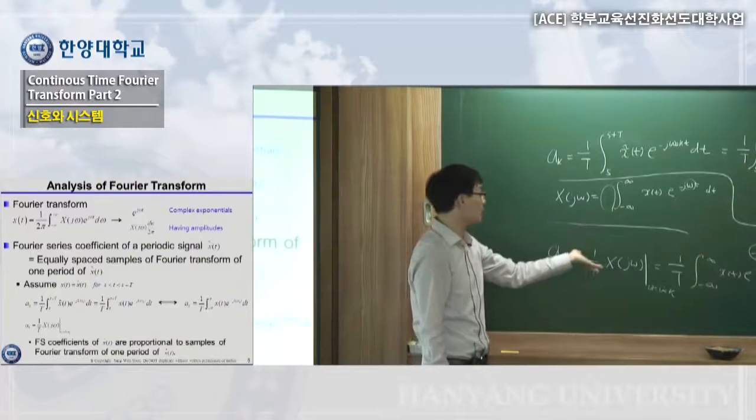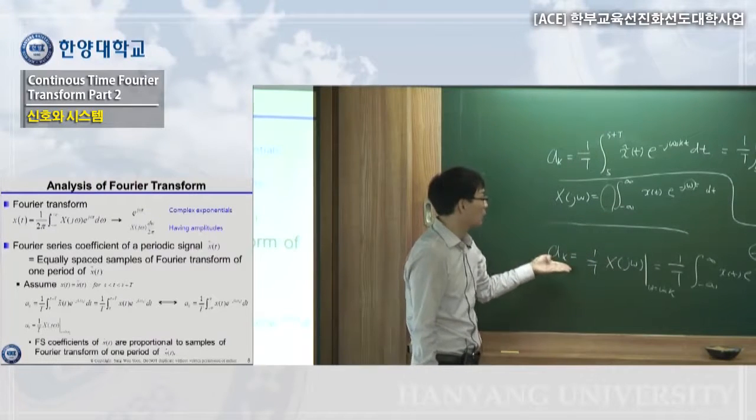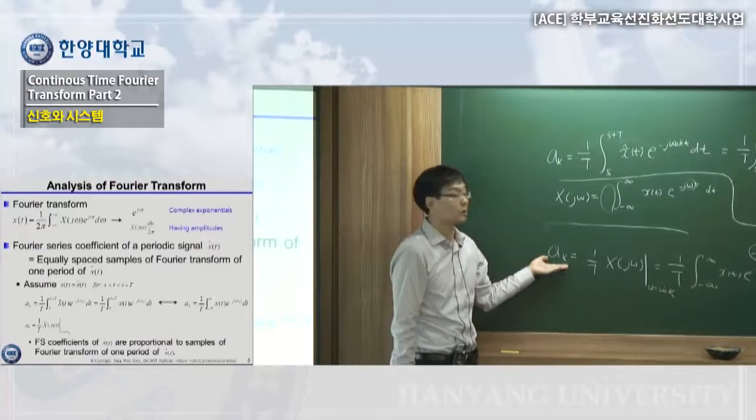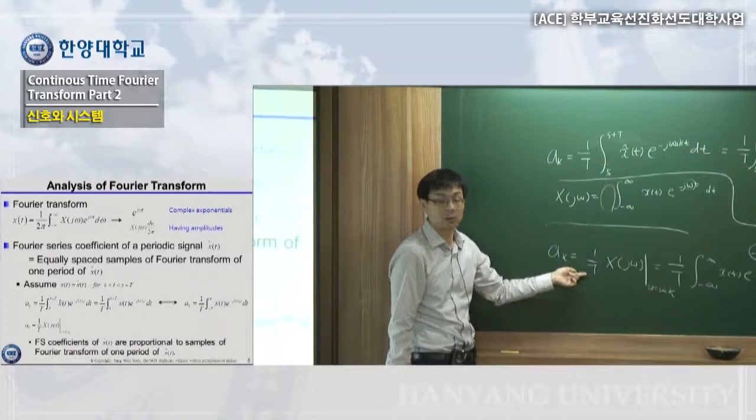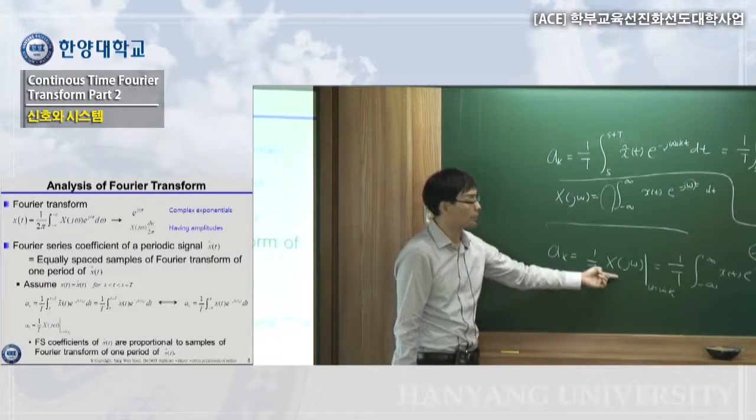So equation-wise, we can consider the Fourier series coefficient equals 1 divided by the period multiplied by the Fourier transform